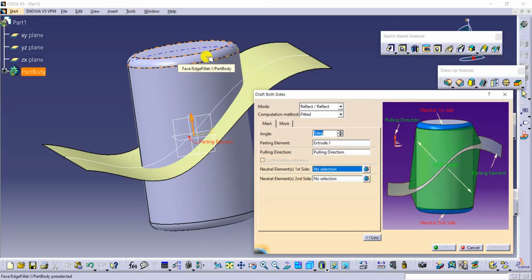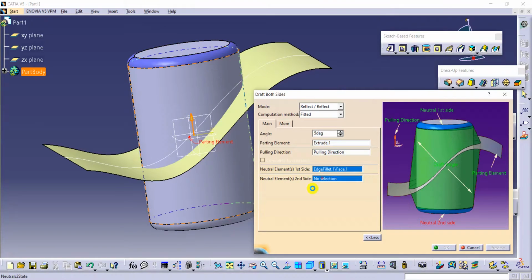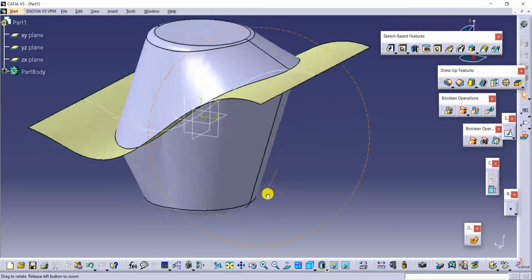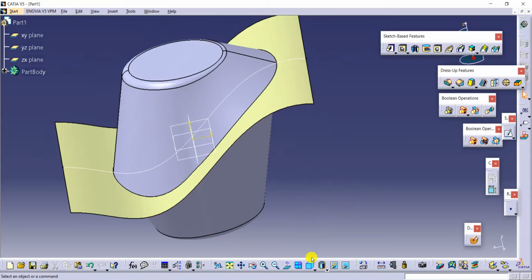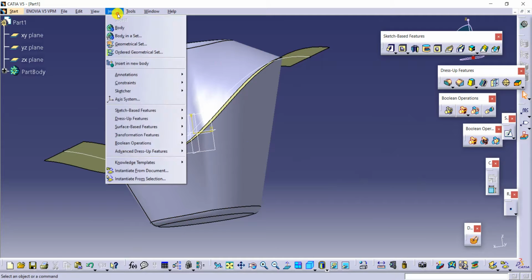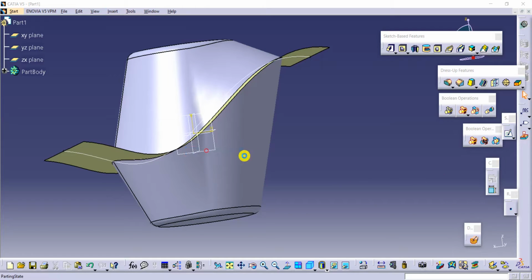We have to select this edge blend, and here also we have to select this edge fillet, and then here we have to give the angle. Like this. Then just click on OK. See, the same as what we got earlier, the same we will get here also, but earlier we didn't have these fillets. Now we have the fillets. So that is about draft both sides.